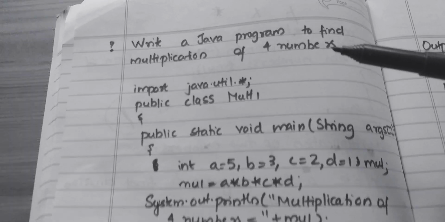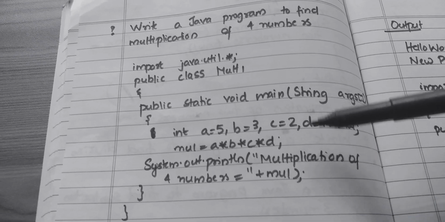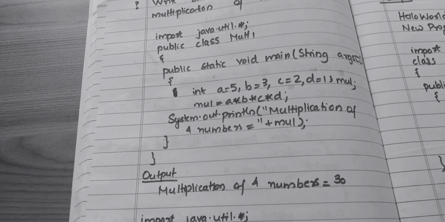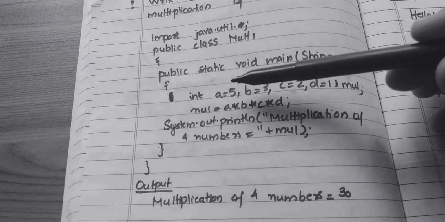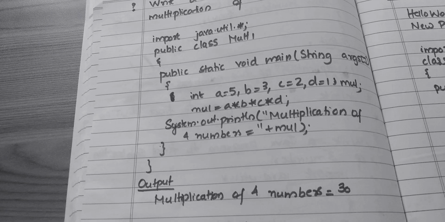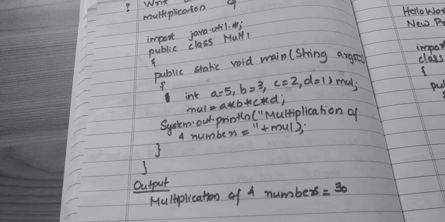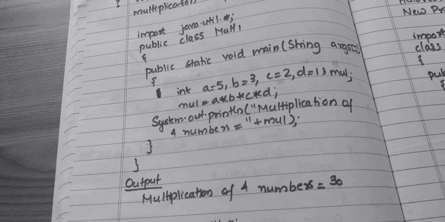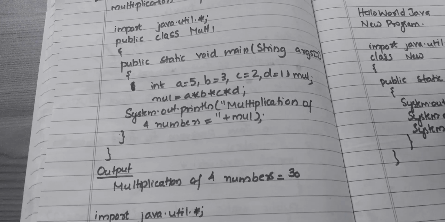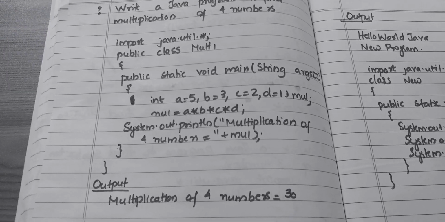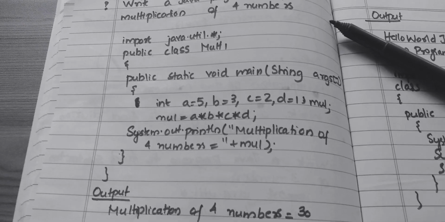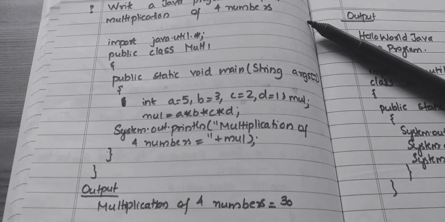So this is the program for finding the multiplication of four numbers. So you can give your own variable name. There is no problem. If you are giving A1, A2 like that also, you can give. So while declaring the variable name, you should be aware of in which variable you are going to store the result. All those things you have to keep in mind and give the codes according to your wish. So these are the things to be kept in mind. So Java is a purely case sensitive programming language. So keep that thing also in mind. Okay. So this is about simple Java programs.